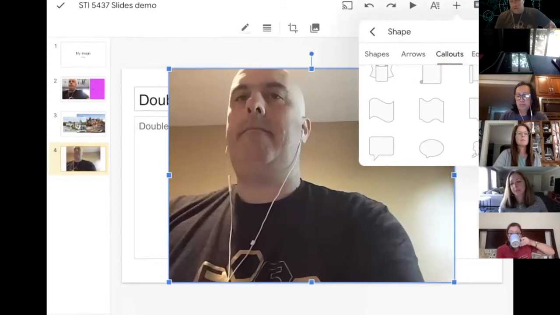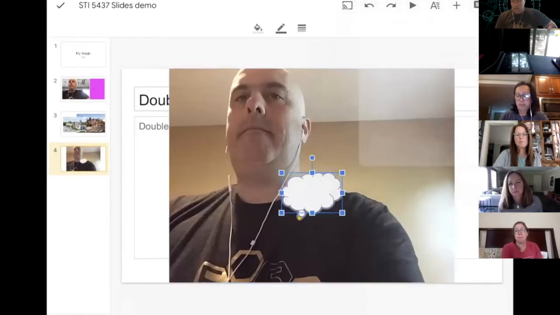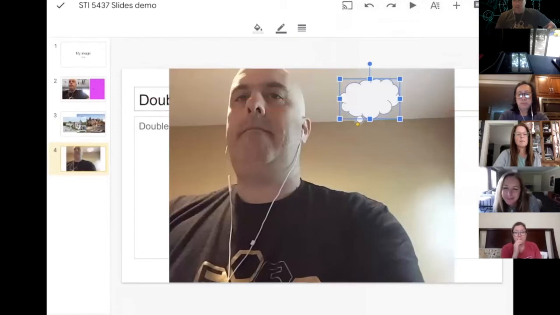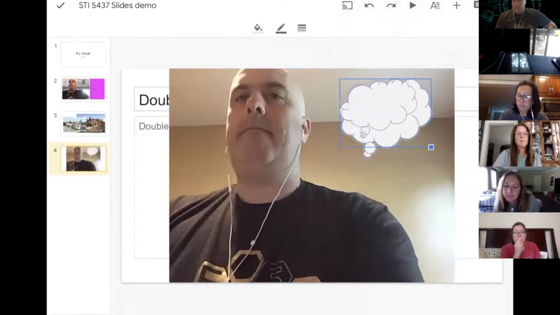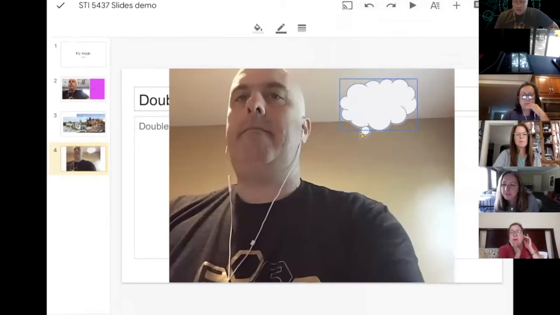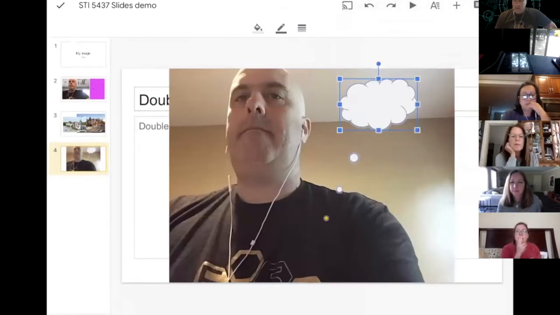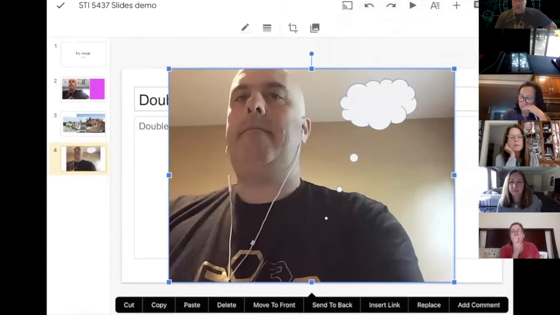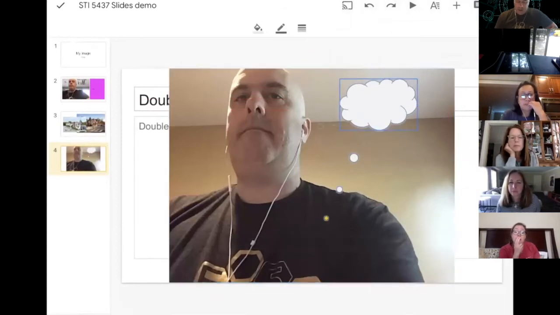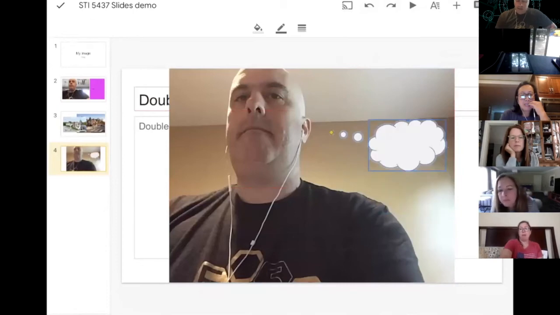So you have two speech bubble options at the bottom. That sort of rectangular one, and then you get the circle one, and then there's also the thought bubble. And when you bring it up, you have not only the blue squares to make it larger, but you also have that little yellow triangle, and that little yellow triangle drags out the bubble to where it might need to go, and then you can rearrange it. So you can move this here, and then drag the little yellow box over there, and